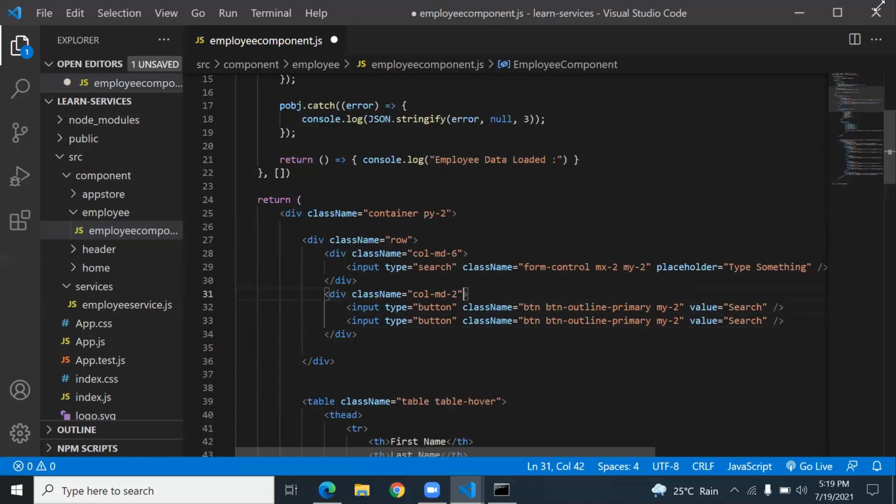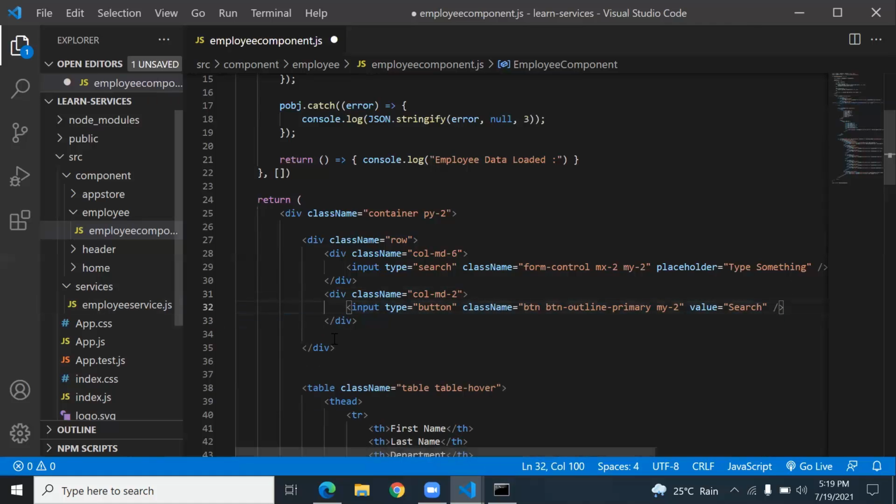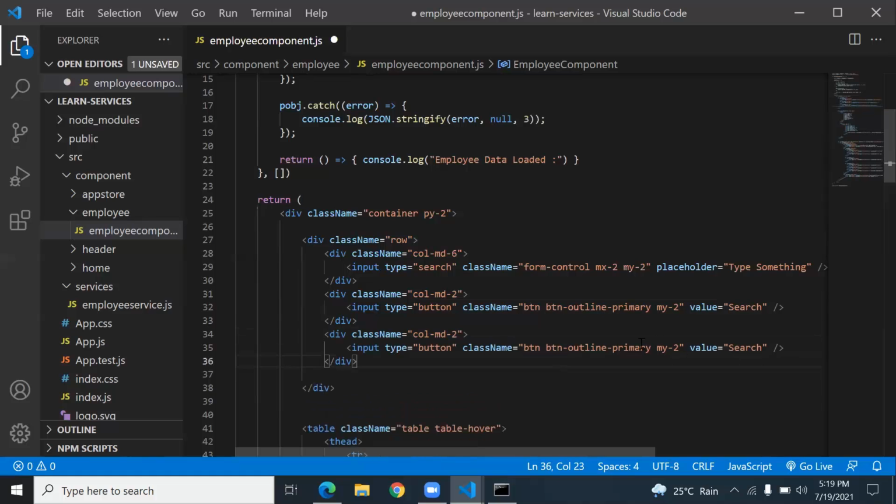Let's keep only two, and instead of creating the button here, I create one more button in another column. The value I type is new employee, or add employee.